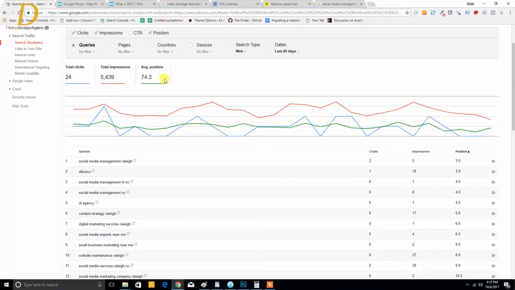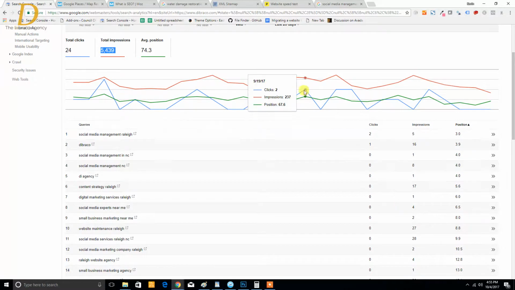Don't really pay attention to the average position up here. It doesn't matter, but the number of impressions does. You want that number of impressions to be really high. You want your clicks to be really high. The average position should be going up, but these little one-offs can really start to impact that